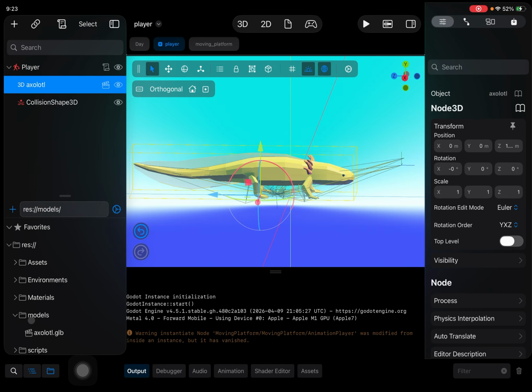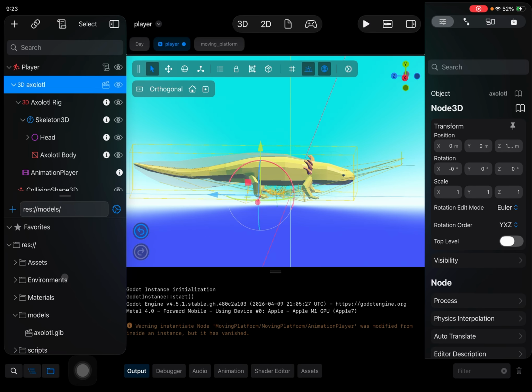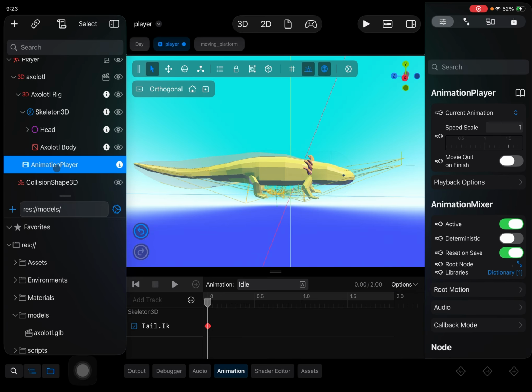And actually, if we take a look in the models folder, it is a GLB file that has some animations included. If I go to the context menu for the model in this scene, I can enable Editable Children, which lets me access all the different parts of the model. So we can see the rigging, we can see the mesh itself, and because they're animations, there's actually an animation